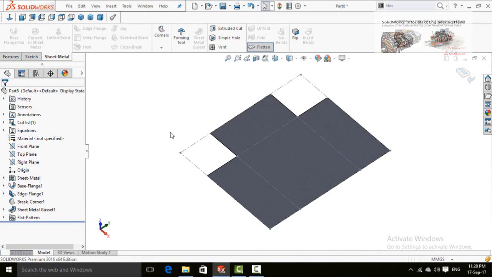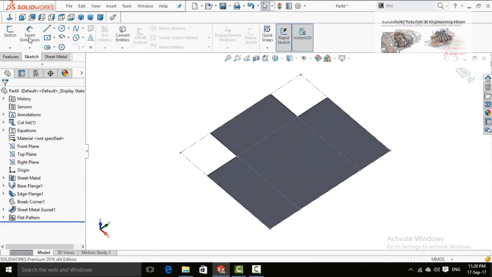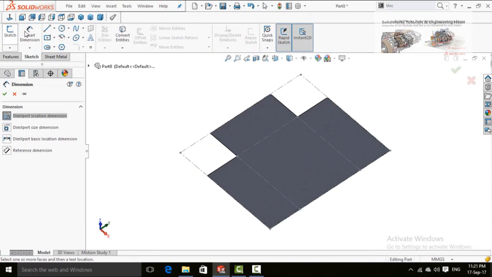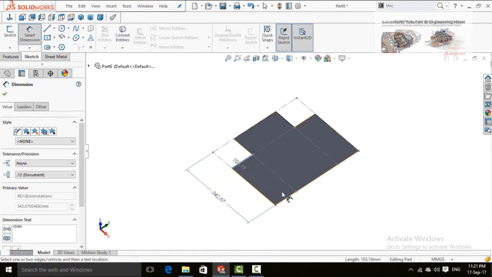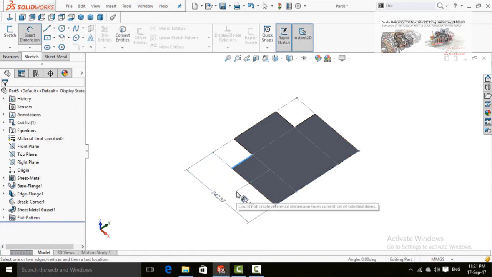So now you can measure all the development lengths. So press on smart dimensions and then turn on reference dimensions. Now you can measure this distance from this edge to this edge.